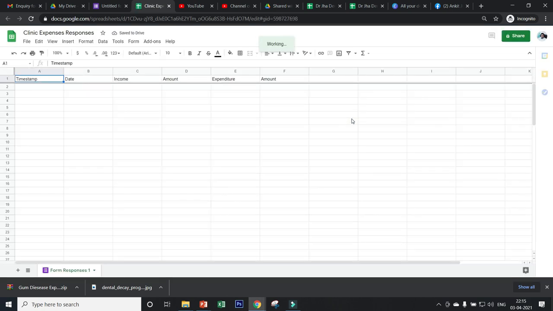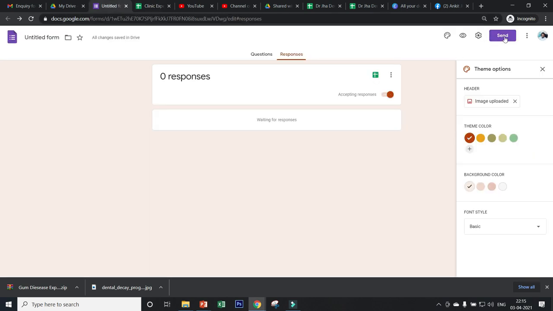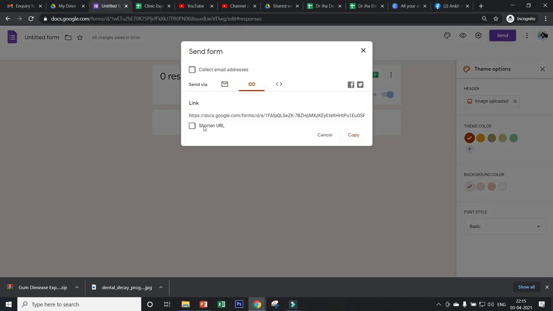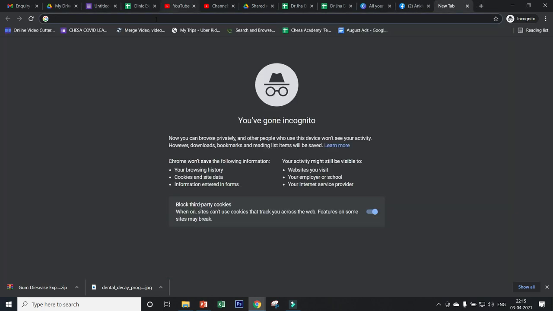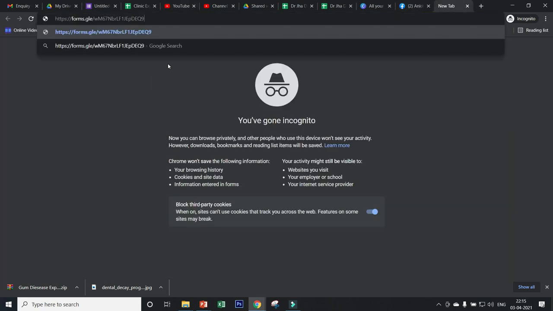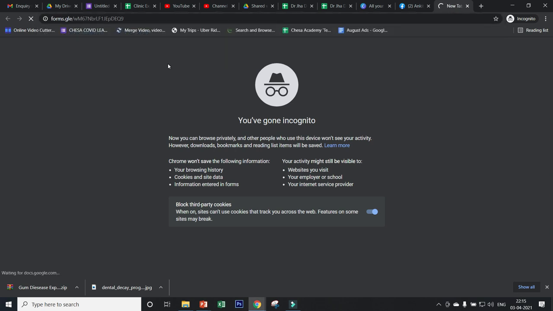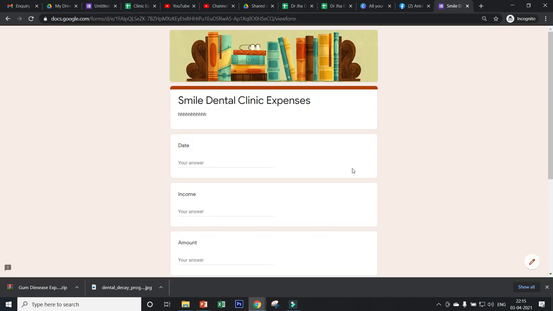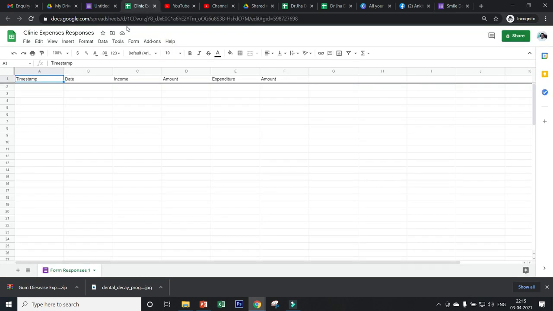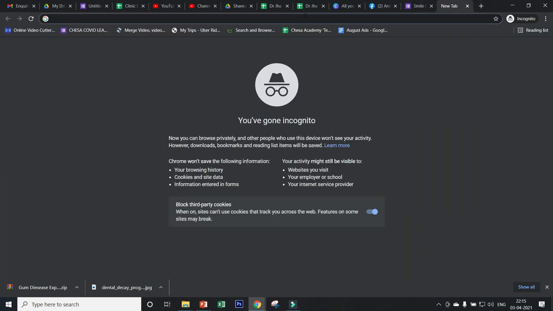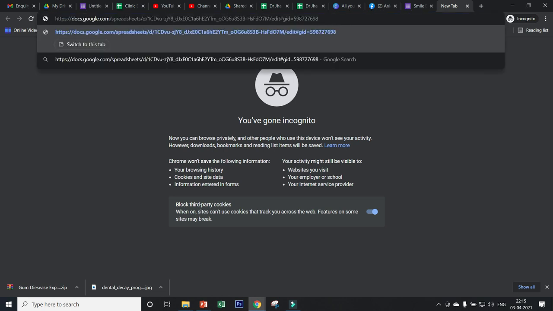The next thing you need to do is copy both these links. This is the first link, your link for the form, that you can save somewhere in your phone. You can store it in your WhatsApp, and every time you open it, this form is going to come up. Same thing for this one. You can either copy this and open it anywhere you like, or if you come to the Google Drive, you will anyway get the form.